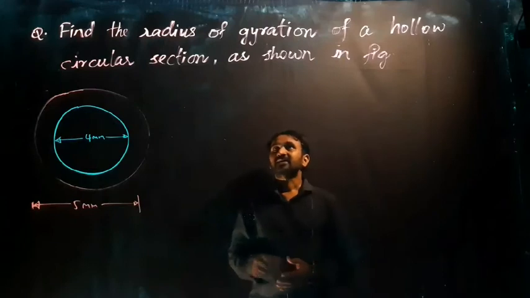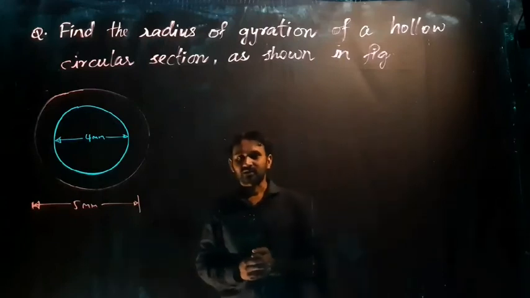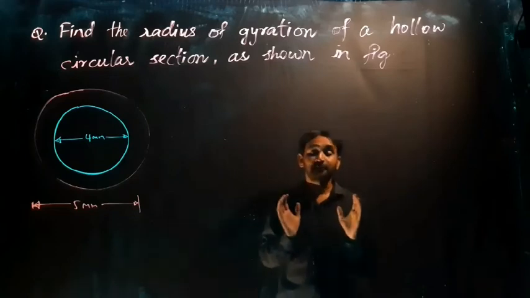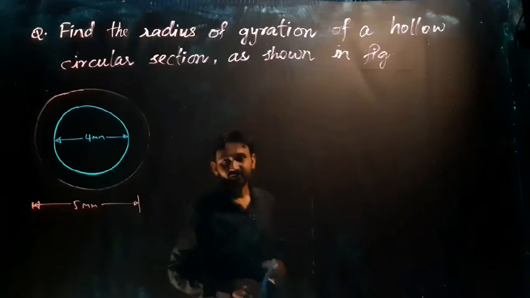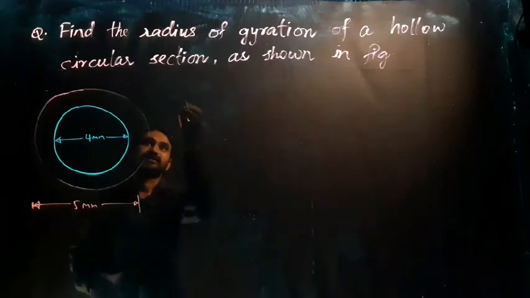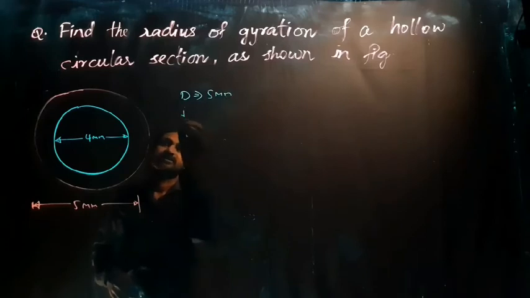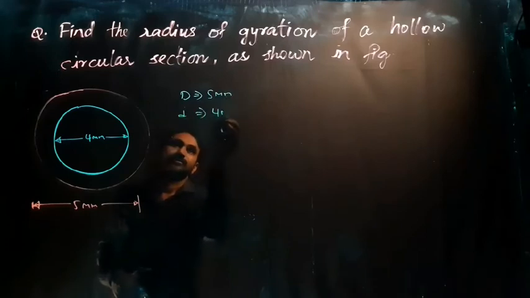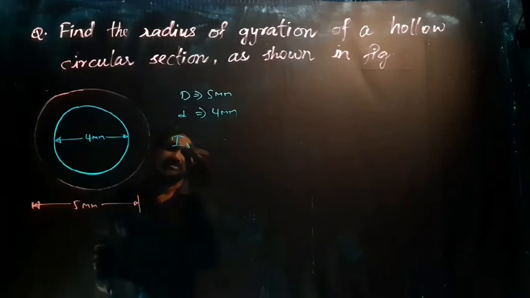Let us see the radius of gyration problems now. So here he gave you the hollow circular section. He's asking you to find out the radius of gyration for a hollow circular section. Let us find out the solution for this. Here capital D equal to 5 mm, small d equal to 4 mm. Therefore I need to find the moment of inertia of the section, that is Ixx equal to Iyy equal to,